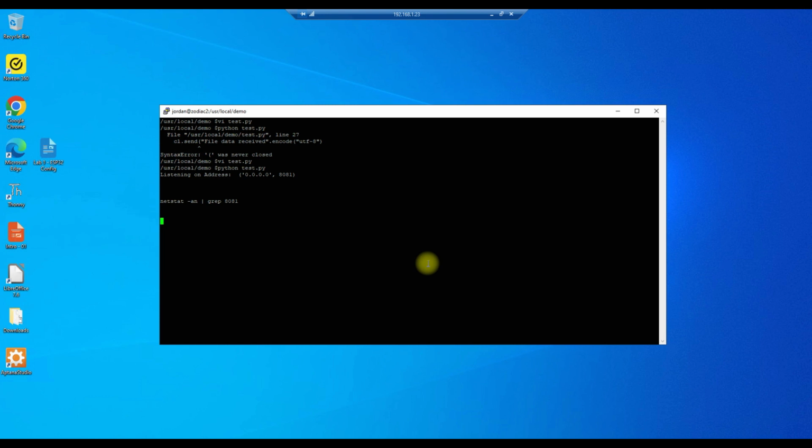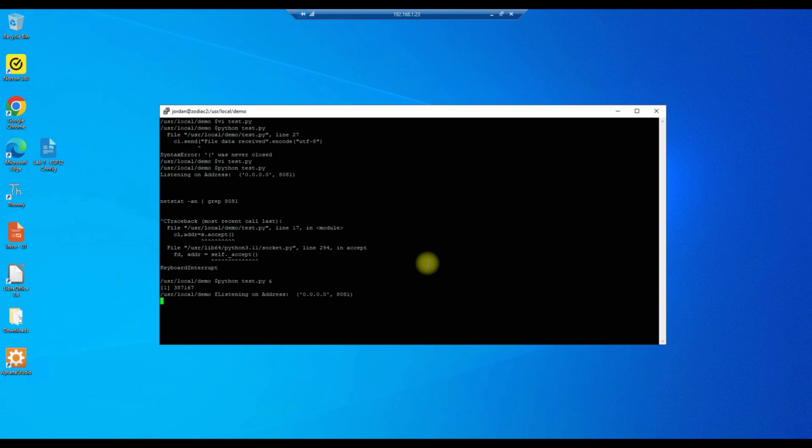So we'll do a Control C. We'll run this script again, and we'll use the ampersand so it runs in the background, and then we'll arrow up back to our netstat command, which probably didn't save in the history, so we'll run that command again. And there you go, there's our listener